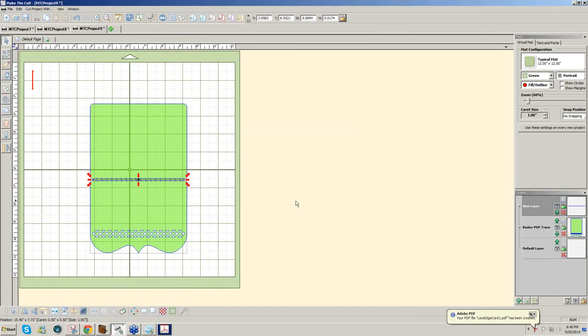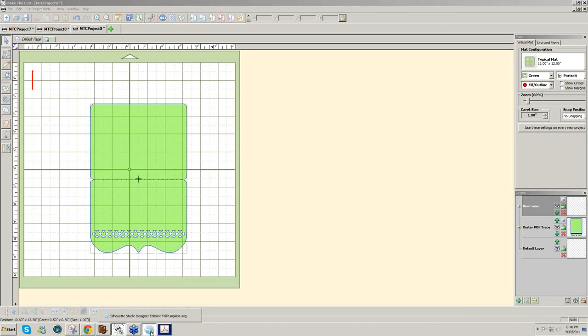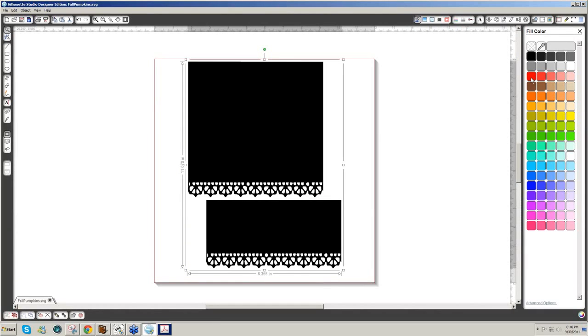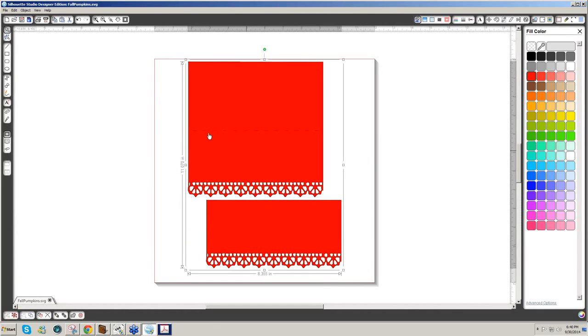And that's pretty easy when you have straight lines. But when you have lines that are not straight and a lot of fancy lines where you can't really find the placement, what you can do is left click to change the line color, click on the bucket, and do, let's try a red fill. And the black line is here for the score. So if I do a screen capture,